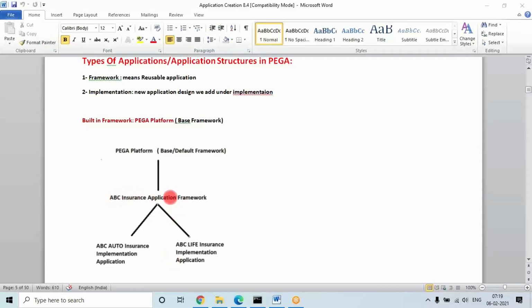Because framework means a reusable application, as I said. Pega already has one reusable application, because all the built-in templates are configured under the base framework. That's why we are able to reuse them. Similarly, when you create any user-defined data or designs in the application, if you want to reuse them in all the divisions, then if a framework is there, we can reuse them in all the divisions. If the framework is not there, I can define a maximum of one implementation only. I cannot add multiple implementation applications.